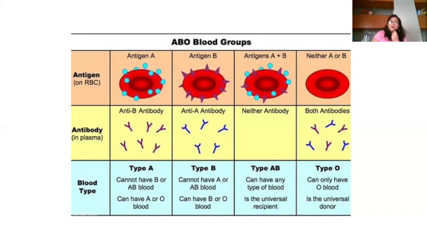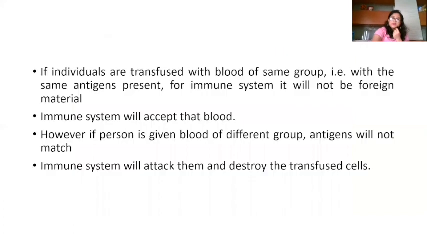Similarly, observe blood group O, it does not have any antigens. So let it go to a person who has antibody B, let it go to a person who has antibody A, let it go to a person who does not have any antibodies, or let it go to a person who has both the antibodies. Since there is an absence of antigen, there is no scope of any transfusion reaction. Hence, O can give blood to any blood group. So now you know why O is called a universal donor and why AB is called a universal acceptor.